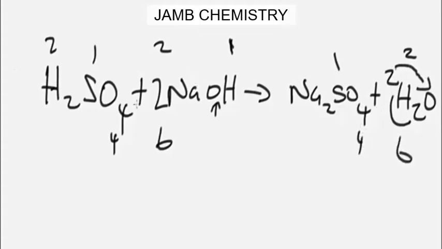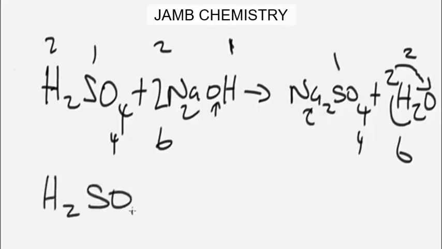Oxygen is now balanced. Which other thing do we need to balance? So all the elements. For sodium, let's balance sodium. We have 2 atoms of sodium here. We also have 2 here. So sodium is balanced, and the equation is now balanced. Let me rewrite it. So the balanced equation is now